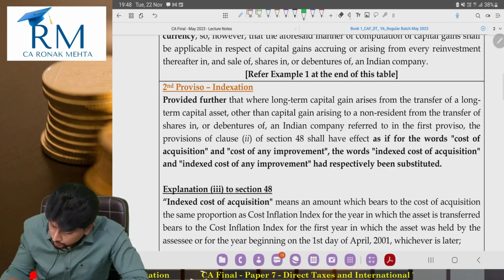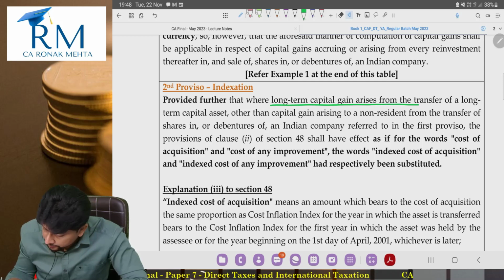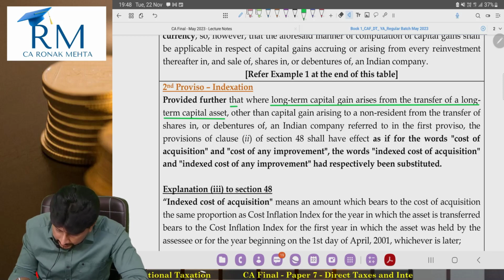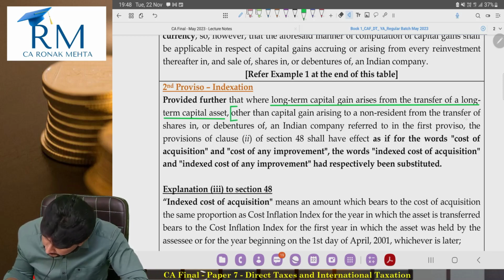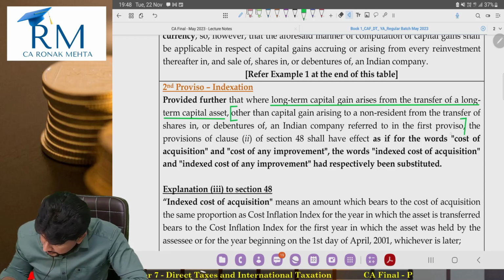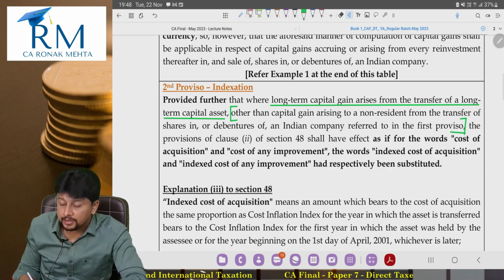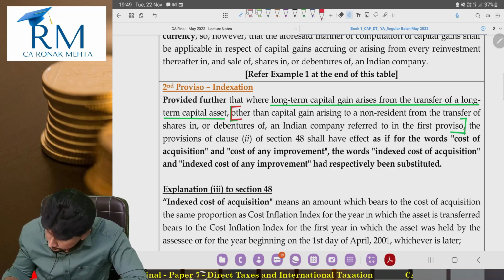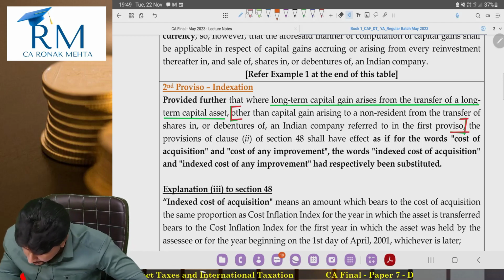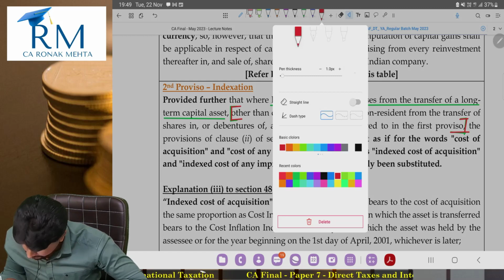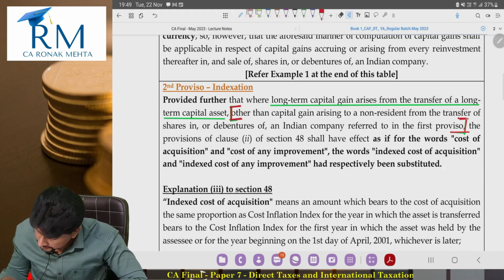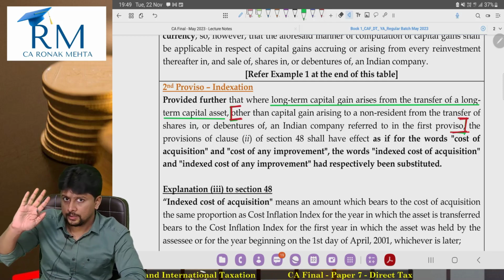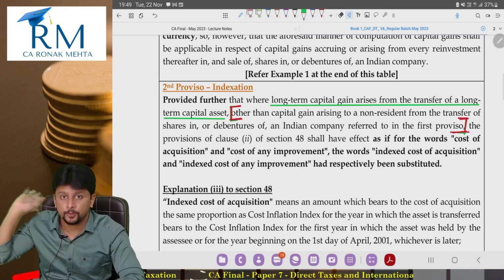If we are talking about long-term capital gain arising from the transfer of a long-term capital asset, other than capital gains arising to a non-resident from the transfer of shares in or debentures of an Indian company referred to in the first proviso. What are the wordings? Other than. So, what about the first proviso? Let's discuss this a bit later. But yes, one thing is for sure. If we are not talking about the first proviso situation, other than the first proviso,